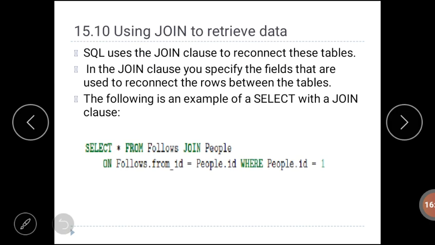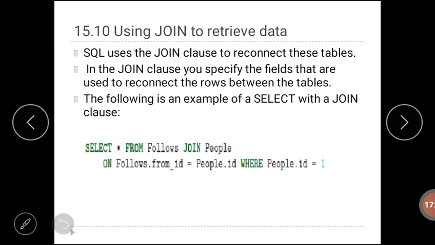Okay, next we will discuss how we can retrieve data using the join command. Now that we have followed the rules of database normalization and the data is separated into two tables linked together using primary and foreign keys, we need to be able to build a select that reassembles the data across the tables.